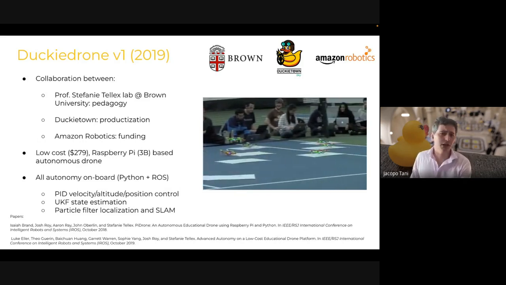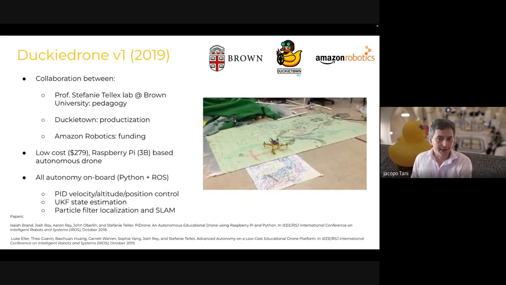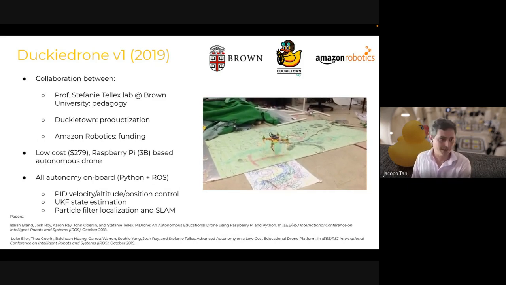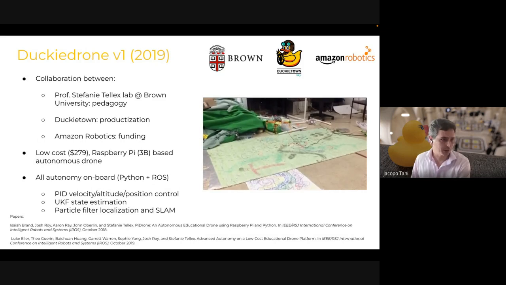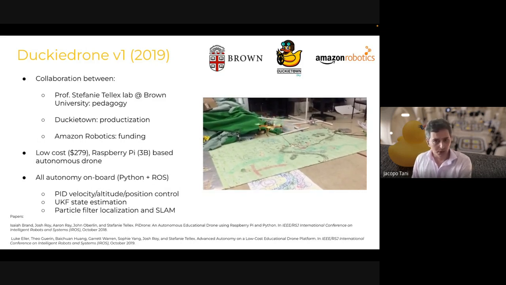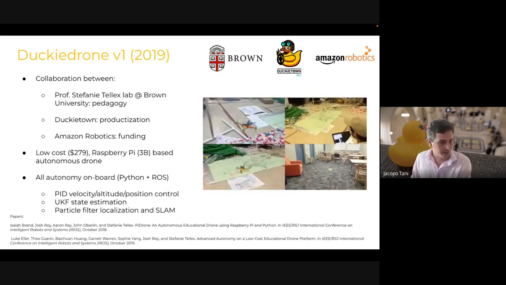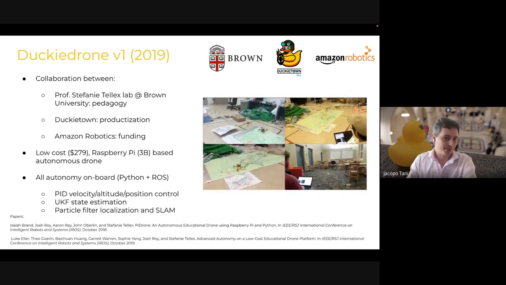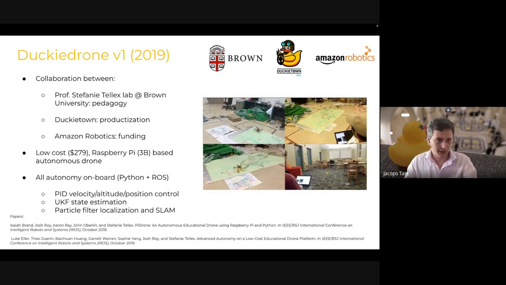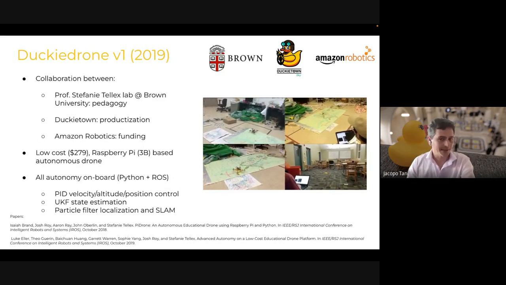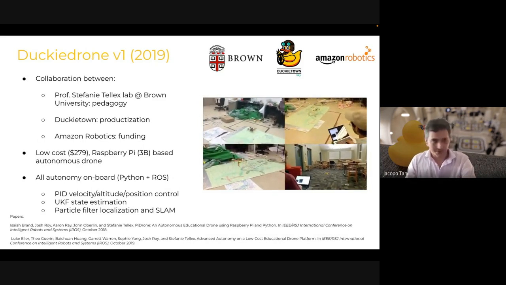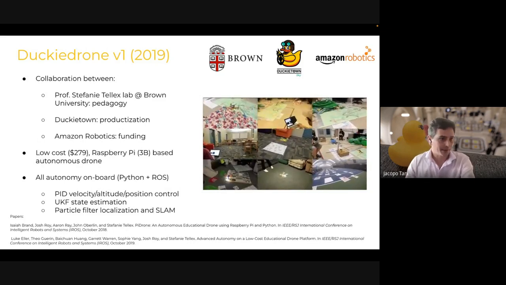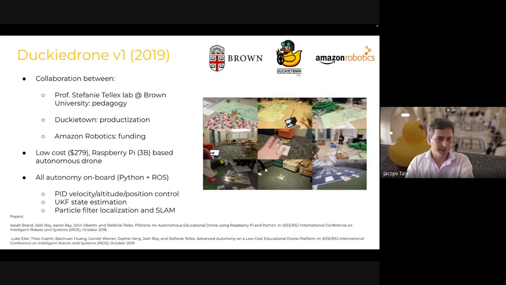The first edition of the Duckiedrone was basically a do-it-yourself, off-the-shelf components, Raspberry Pi based, fully autonomous drone. So one of our design choices and constraints, if you want, is the choice to use Raspberry Pis because of the community and, again, the accessibility aspect. Pretty much anybody, I mean, many people have Raspberry Pis lying around, and they can always reuse them for other things if they buy them in the drone kit.